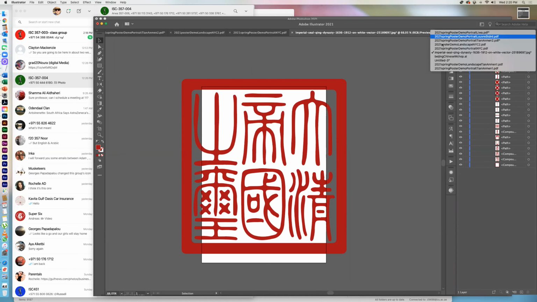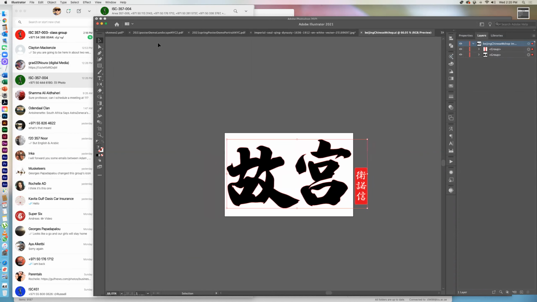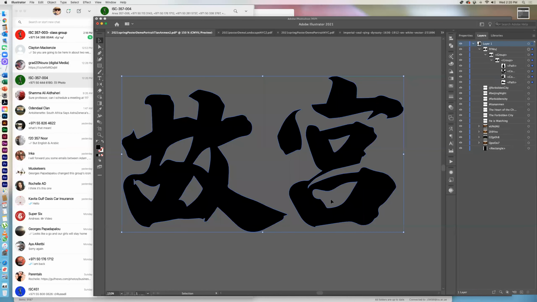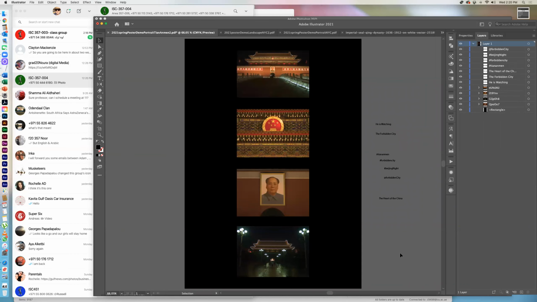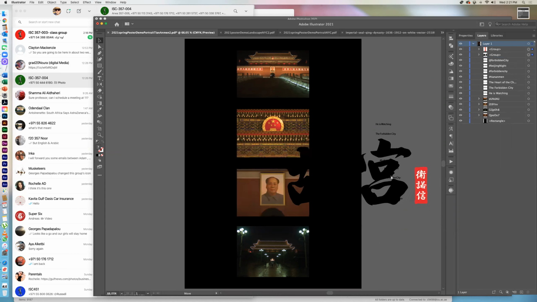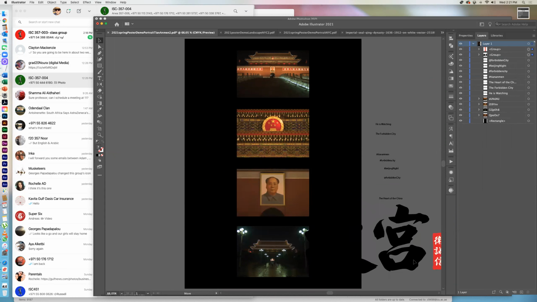Let me look over here. There it is. Okay, so that is a group, and I brought in this, which is actually my name. So I made this complete logo, and if I go back to Tiananmen, I'm going to delete that. I'm going to go Command 0, so I see the whole thing. I'm going to go Command V,